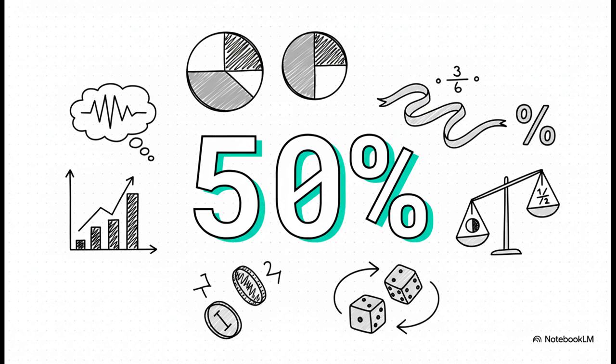And of course, 3 out of 6, that's a fraction we all know. It's just 1/2, or 50%. And this is a perfect example of how this formal technical language of probability connects directly to the intuition we all use, like every single day.